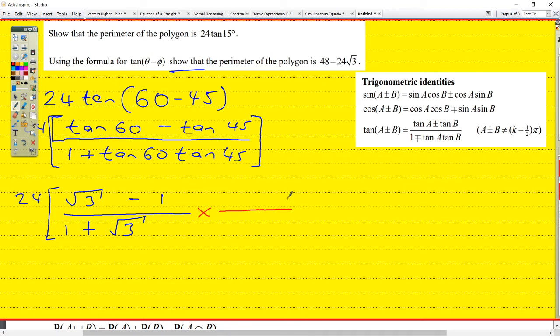I don't get why people don't like surds. It's easy. You just have to rationalize. 1 minus root 3. And then that would give you, on the bottom, 1 minus 3, which is minus 2. Then on the top you would have